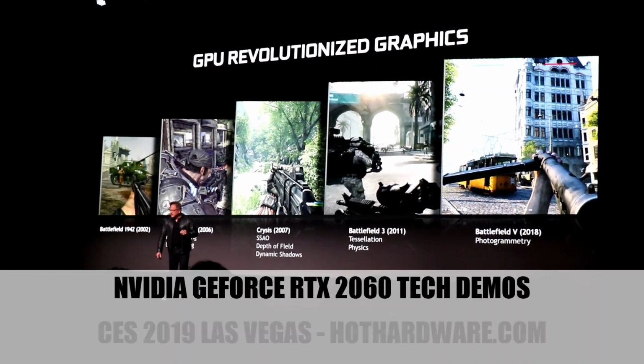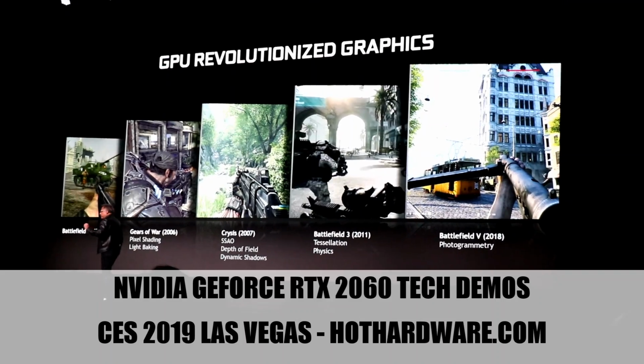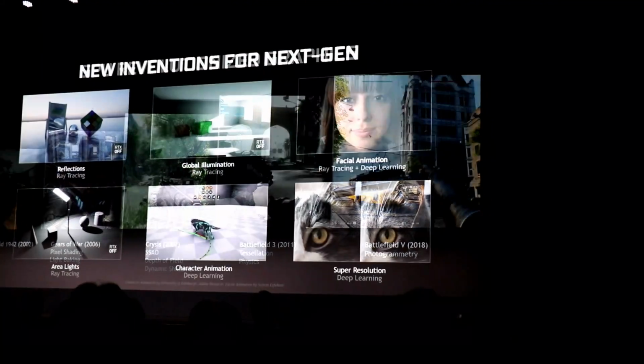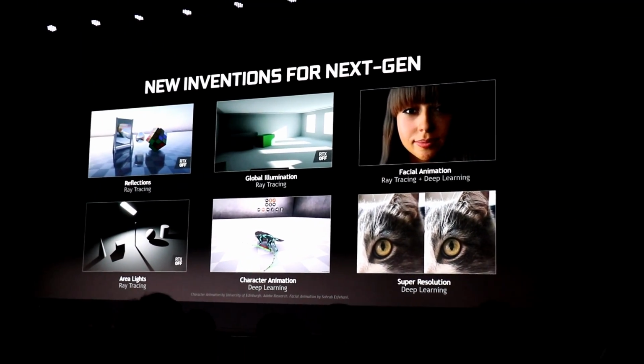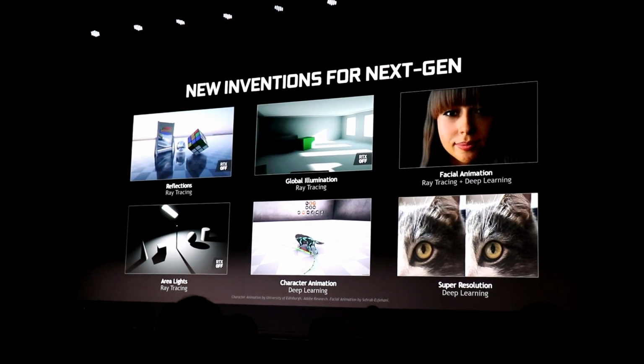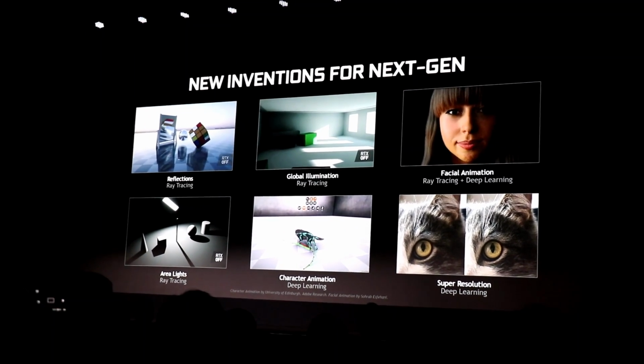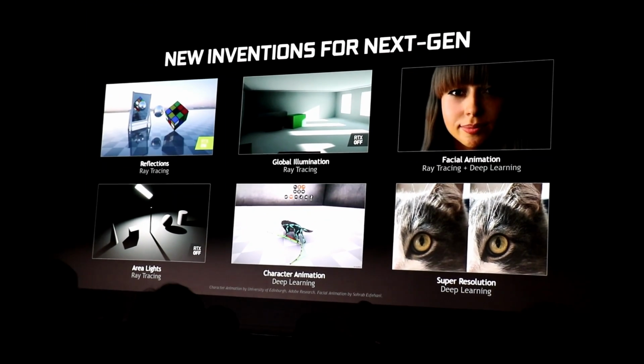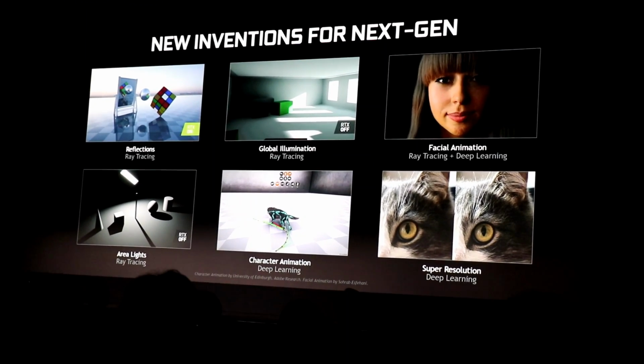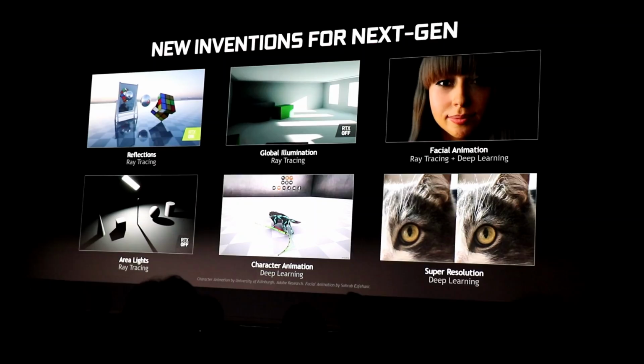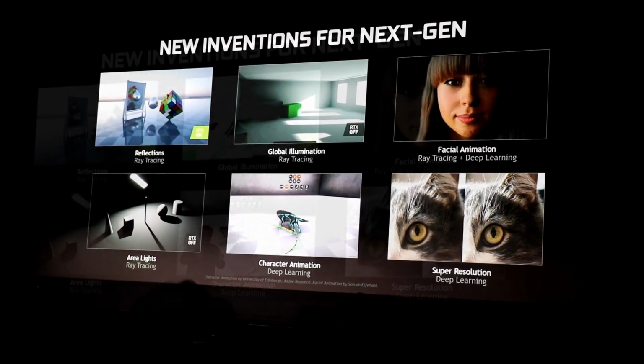is just daunting. And it's taken us 3 decades to get here. And let me show you some of the inventions that we think will be necessary to take it to the next level. And so if you take a look at the top, reflections on ray tracing. RTX on, notice everything is reflected as you would expect. The Rubik's Cube reflecting on the ground, in the mirror, in the sphere.